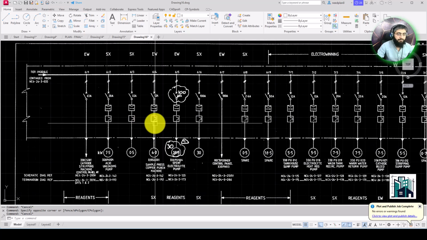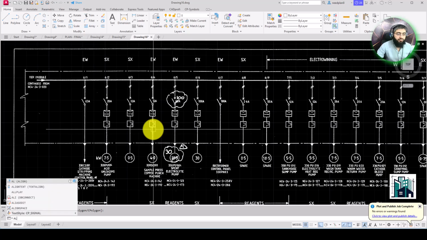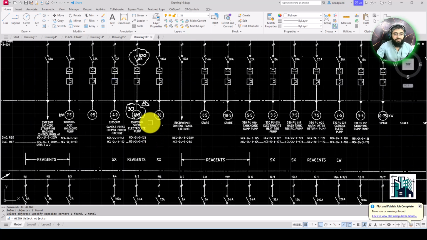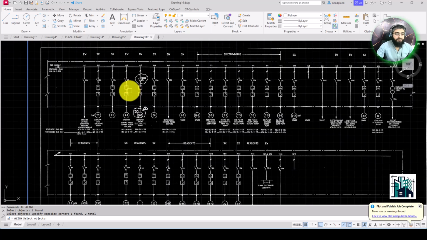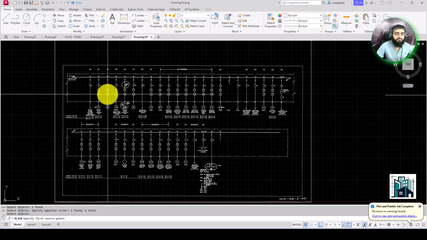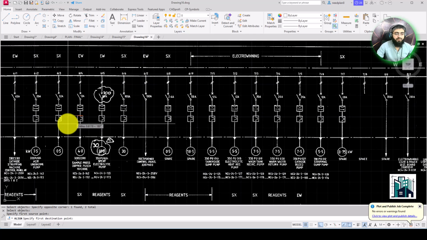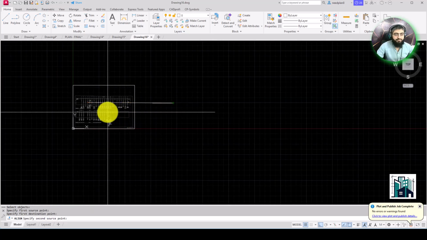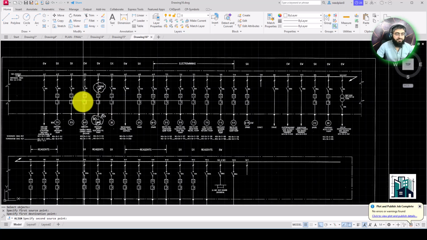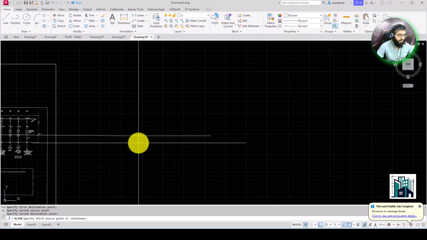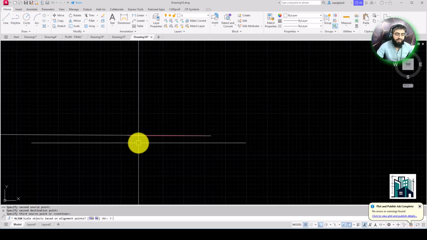So AL, we will have to enter AL, click on the drawing, and then select this one point and select here, click here, and then select this point and then click here and click enter, and then Y, enter.